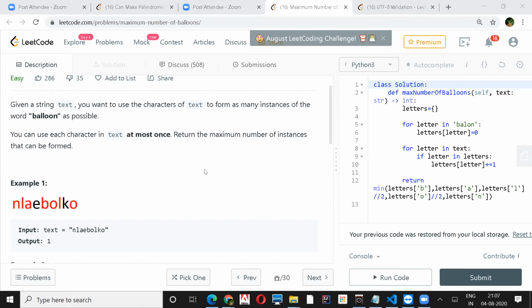Depending on that, once you find one, you reduce the frequency. Just look for the minimum out of all of them, and then just return it. That will only limit the possibility to that minimum, right? But we have to take care of that OO and LL.